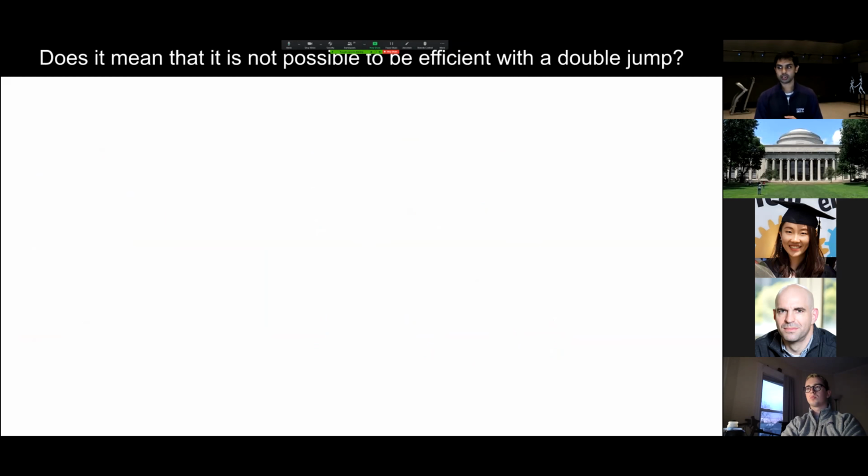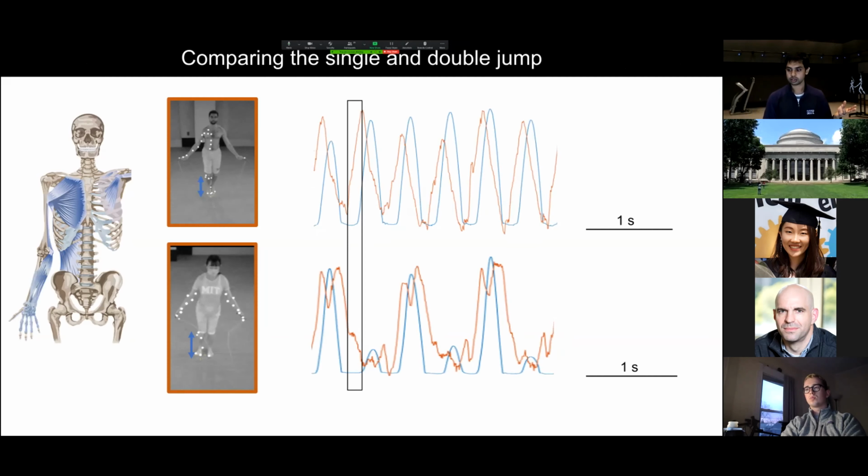So does it mean that it is not possible to be efficient with a double jump? The answer is absolutely not. If I wanted to do a double jump, I could do it, but I could still receive elastic energy and give it back twice. So if you look here,